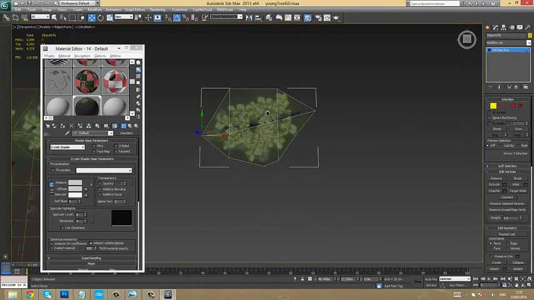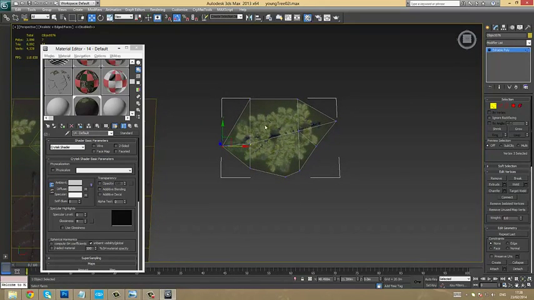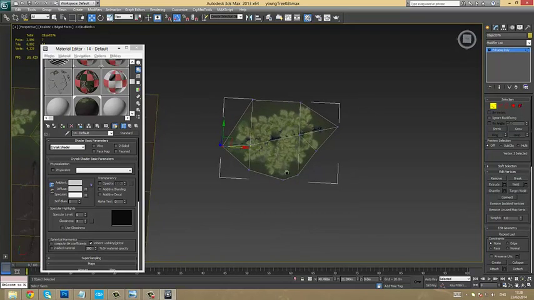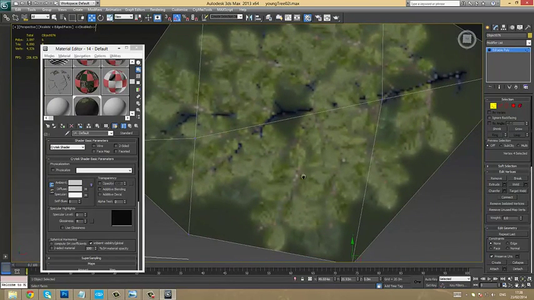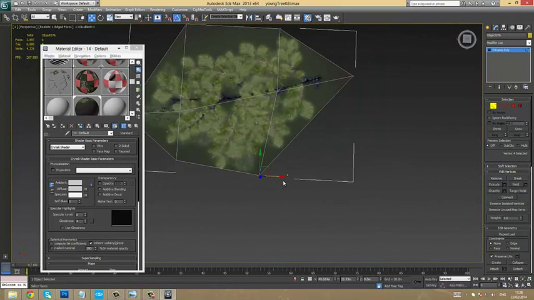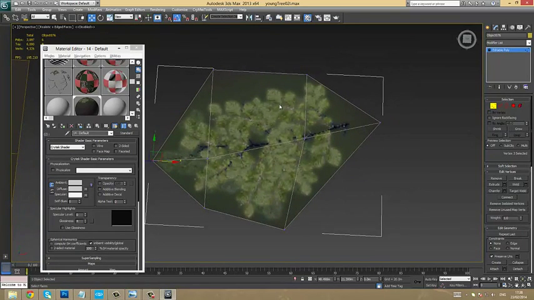Most of the branches that I create for the trees, I'm trying to not have any spare vertices on it to save poly count. So for example, I don't need this one, and I'm pretty sure that I can collapse this one without losing too much mesh topology. Just make sure that the geometry of the plane follows exactly the alpha texture. And now that we have this branch,